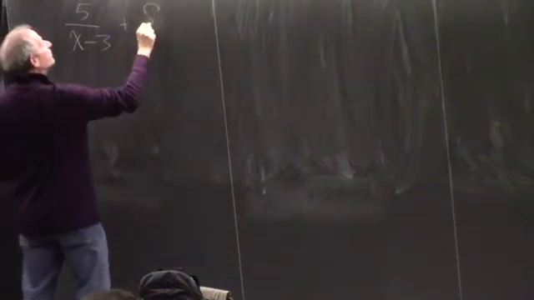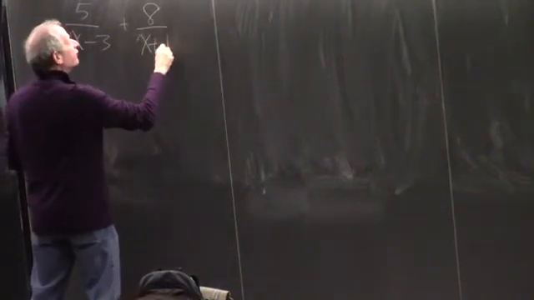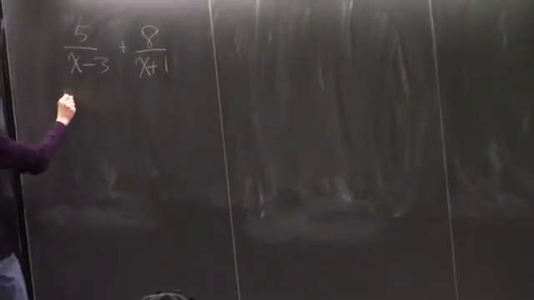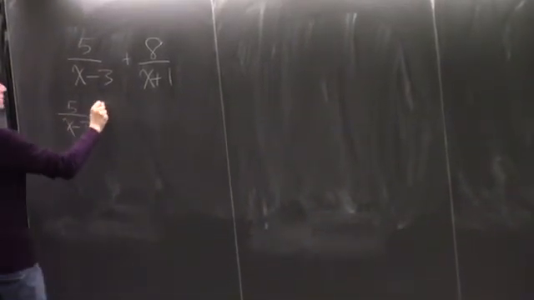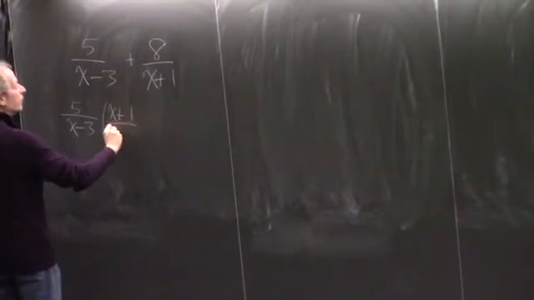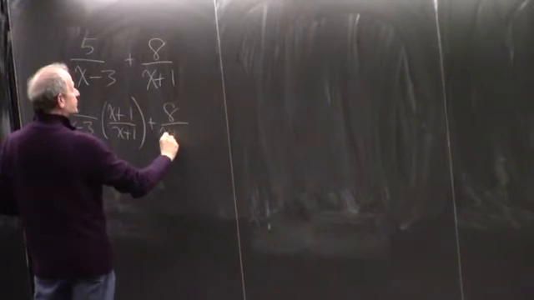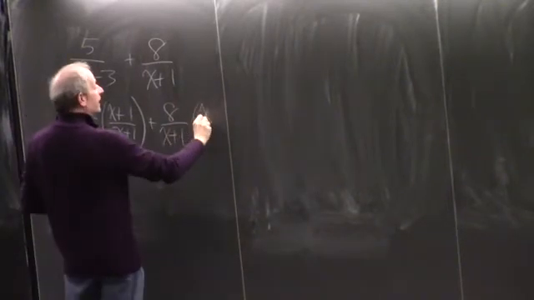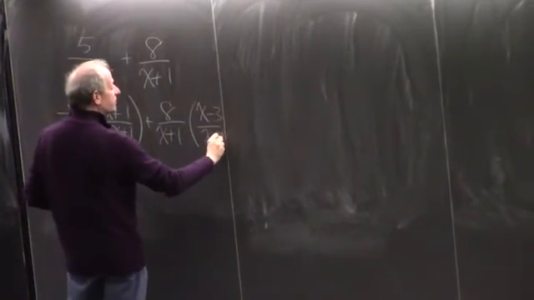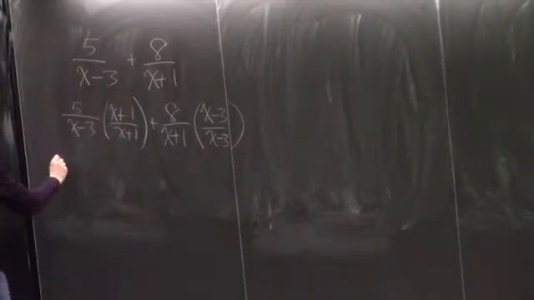So suppose we wanted to combine these two fractions. You remember how to do this. You don't really need to take a note, but we need a common denominator. So you would multiply the left fraction by x plus 1 over x plus 1, and you would multiply the right fraction by x minus 3 over x minus 3, and then you would get,